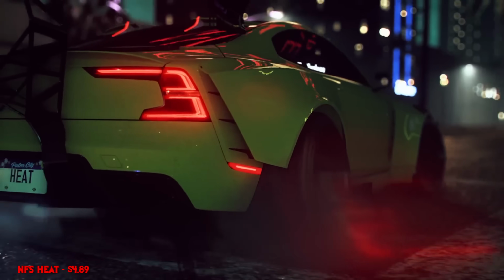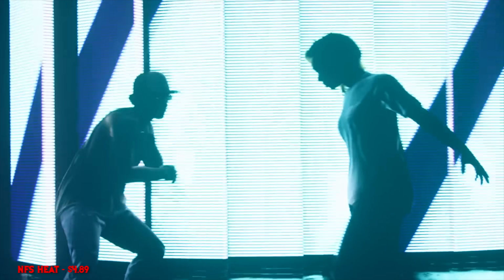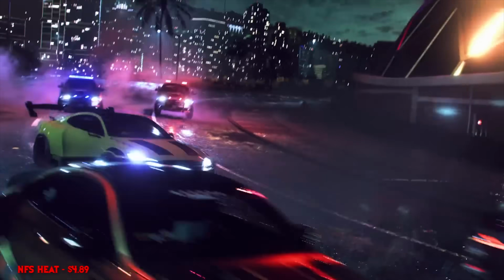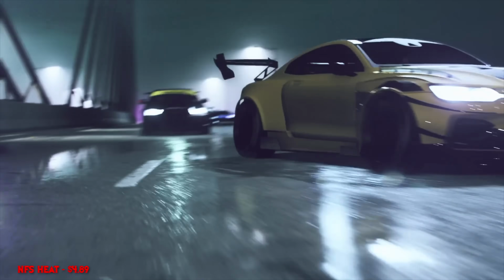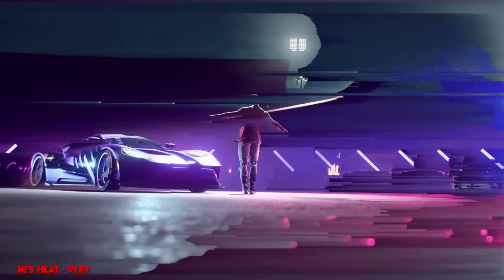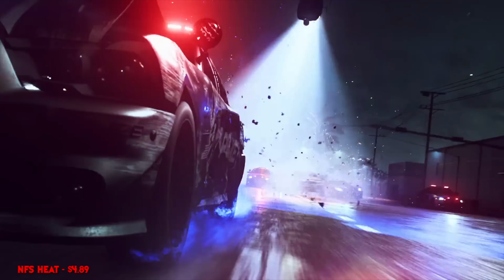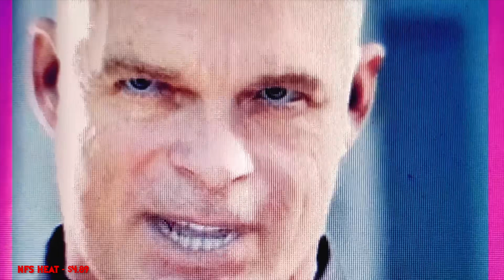I would still recommend looking up the Need for Speed Abandonware thread because you can get HD versions of games like Most Wanted from 2005, and as good as Heat is, I think that the old games are still better, but if you like the newer Need for Speeds for $5, it's worth dealing with the EA app. I set it to medium settings, lock it at 30 and call it a day. It does have some issues with traversal stutter, but it does that on every platform. It's still locked at 30 FPS on the PS5, so they abandoned it pretty quickly if we're being real, but